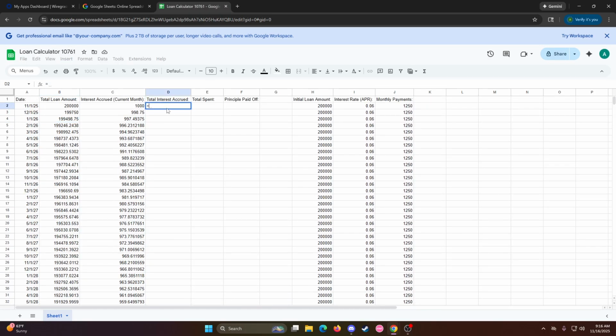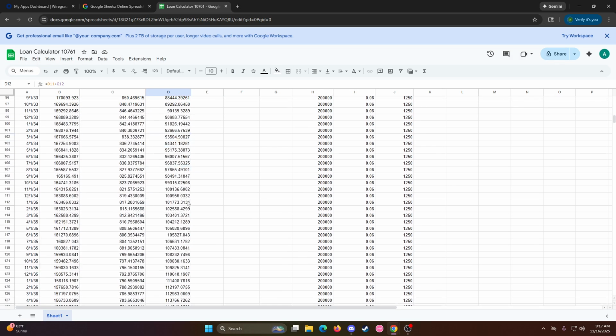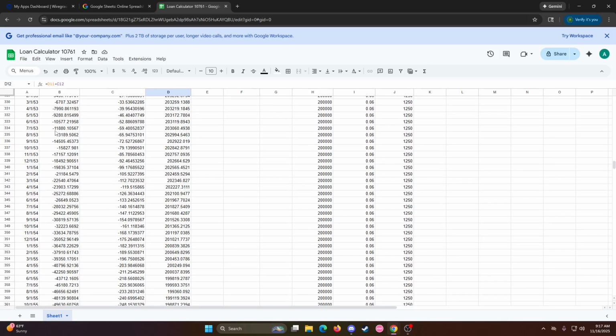For your total interest, in D2, we're going to type equals C2. Don't fill out a formula just yet. This is going to be a sum. We're going to type in D3 equals D2 plus C3. So the previous total plus however much interest we're earning in said month. Then we can click on D3, double click, and that will drag all the way down. This column adds up our interest every single month, and it tells us, hey, after you pay off the loan,